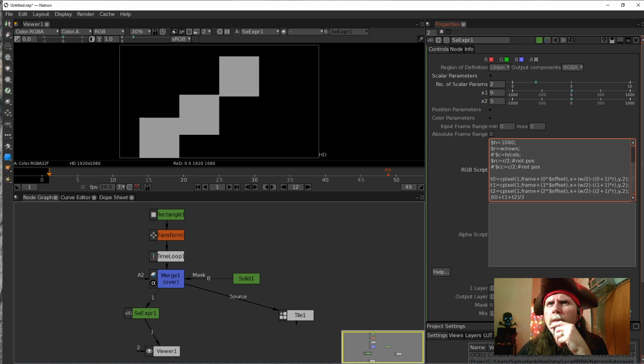So 0. X is 2 minus 3. 2 tiles, 2 is offset, so 2 is the offset. Offset is